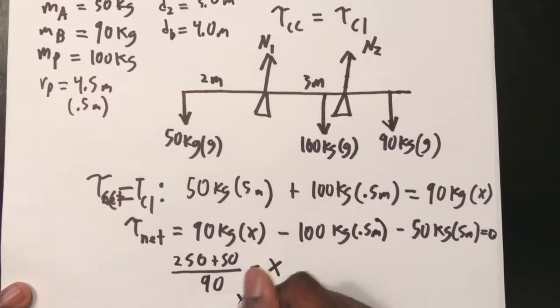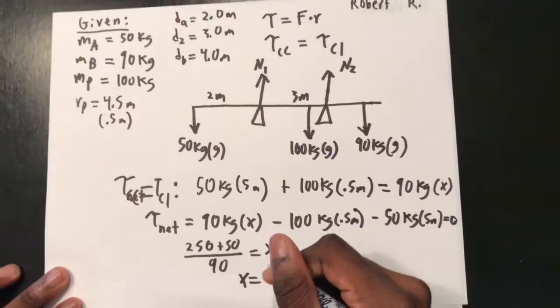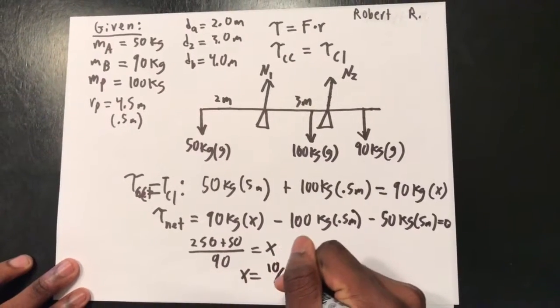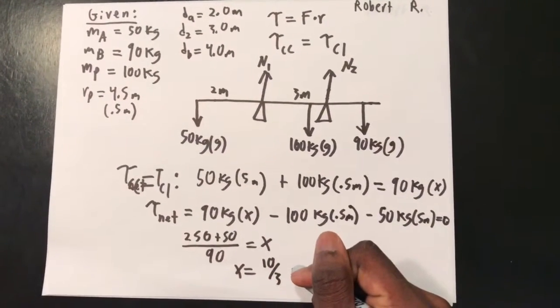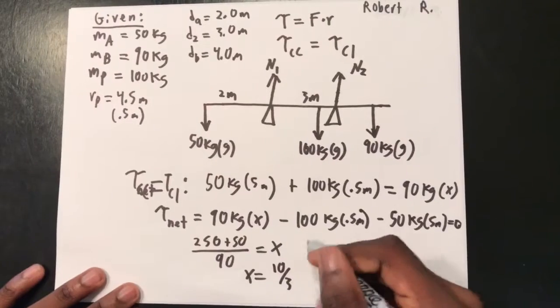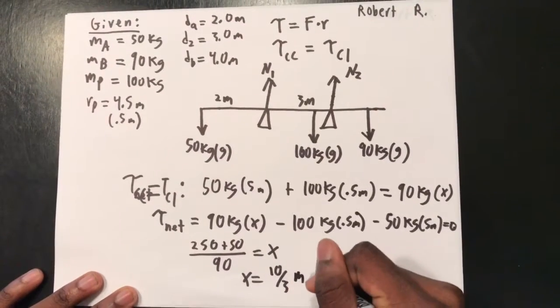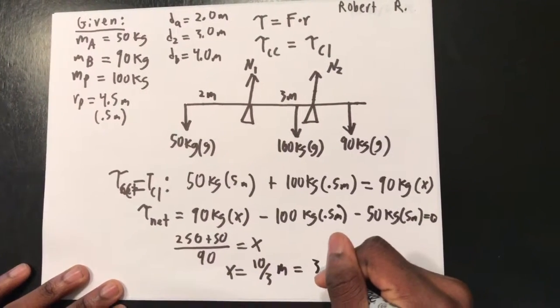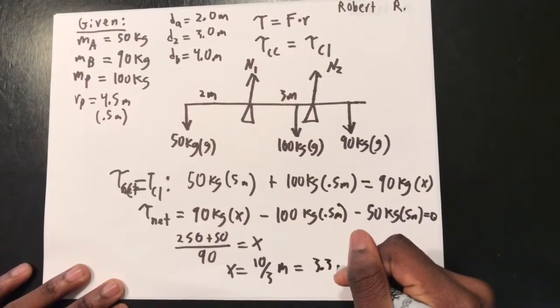Therefore, x is equal to 10 over 3 meters, which is also equivalent to 3.3 meters